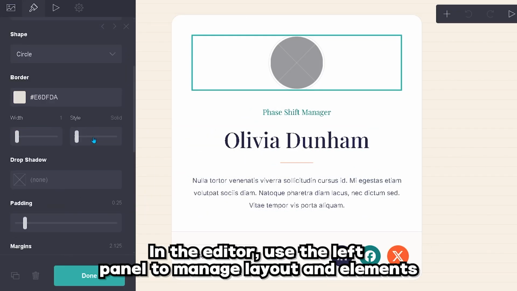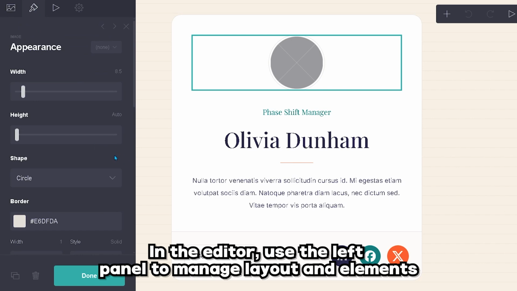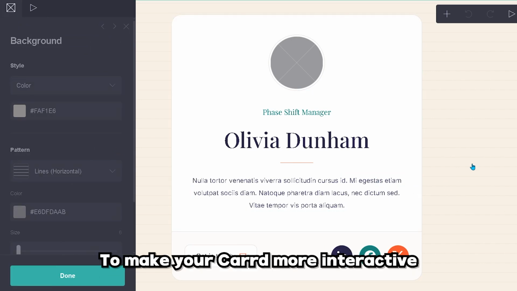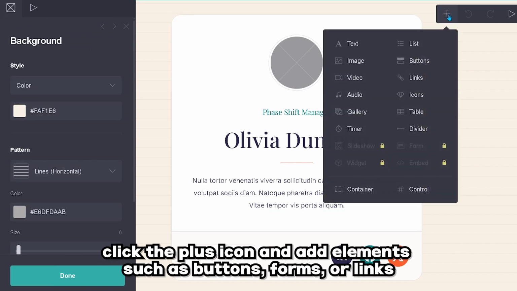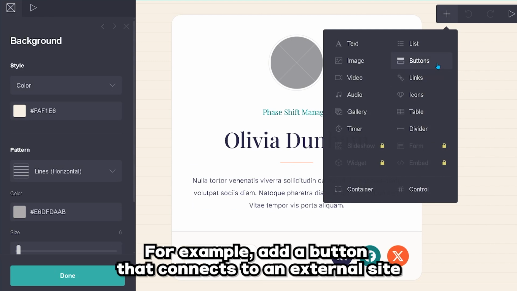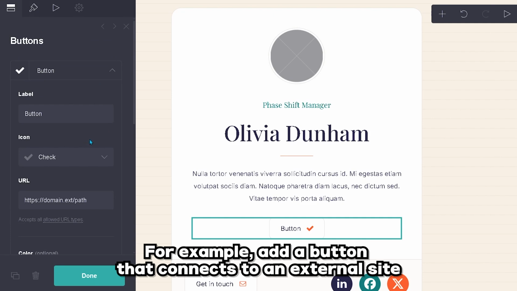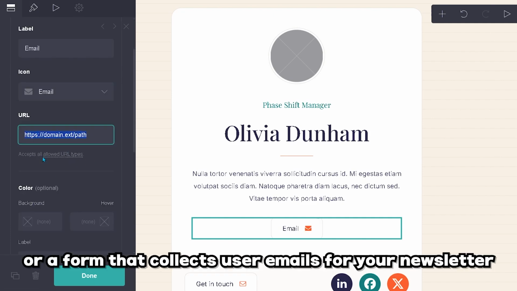In the editor, use the left panel to manage layout and elements. To make your card more interactive, click the plus icon and add elements such as buttons, forms, or links. For example, add a button that connects to an external site or a form that collects user emails for your